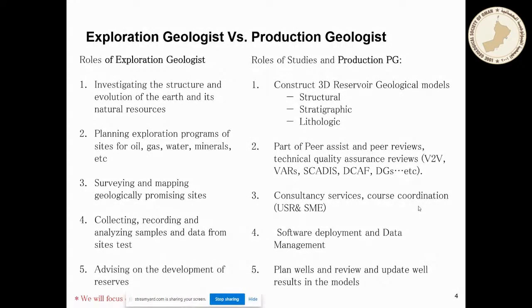And then we have also exploration geologists who work in exploration, and then he will be doing assessment of the plays and prospects. We will have a production geologist who will do, in many cases, update geological models, planning wells and managing of data, whereas we have development geologists who usually extract different types of data from various sources and will make a robust geological model fit for purpose for whatever reason the model is